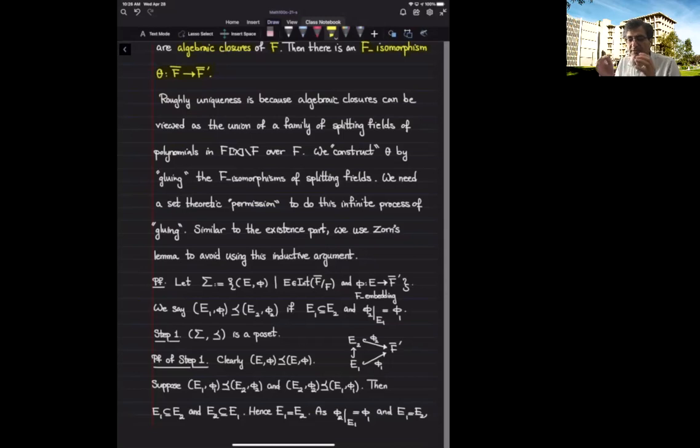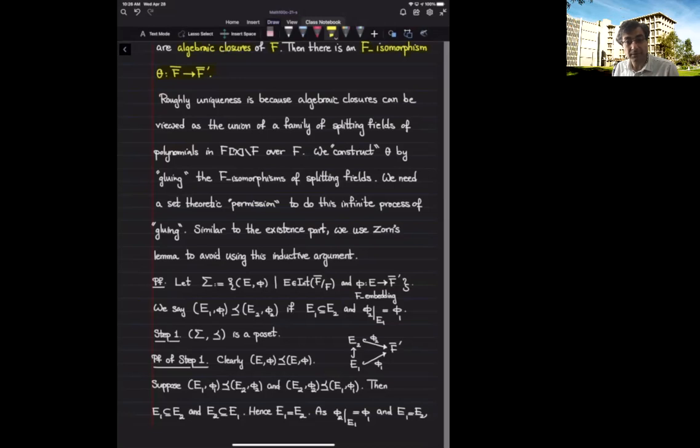And we have an infinite family of splitting fields, and therefore this process that we are introducing has infinitely many parts. And the cardinality of this process is not necessarily countable. If it was countable, we could have used a type of induction in order to construct this theta. But as we have discussed in the existence part, in order to avoid this infinite process or make it legitimate, we need certain results and